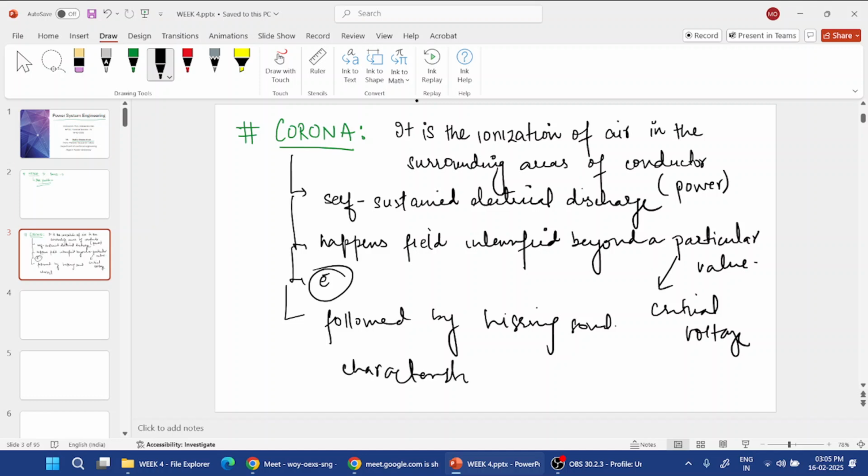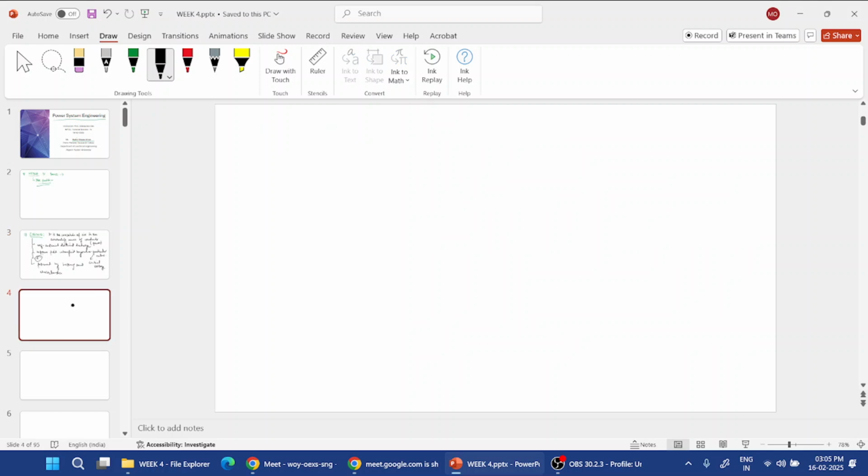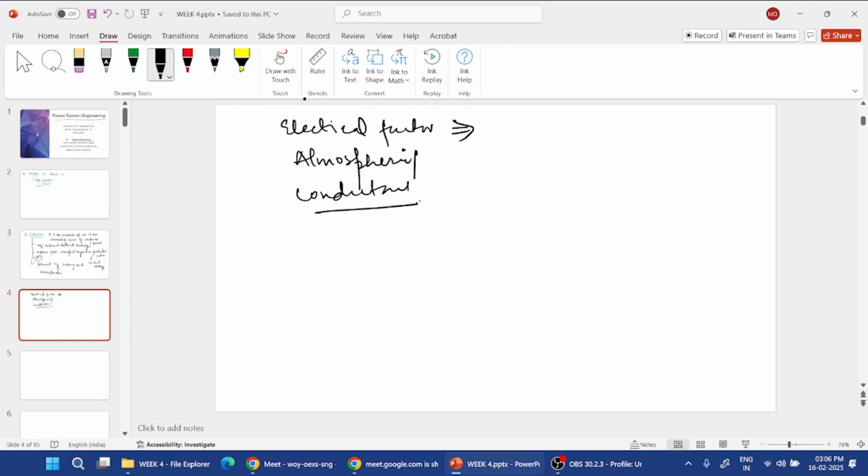So it has various disadvantages, and it also depends on various conditions like atmospheric conditions, electrical factors, how much gradient is going to develop, and also on the atmospheric factors, and it also depends upon the conductors. And this corona leads to a loss which you know as corona loss,